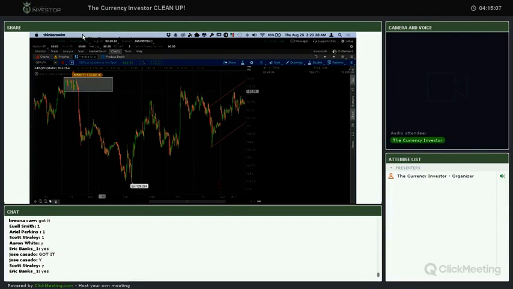We go back to this area, right? If 123 was the close and the high was 128,